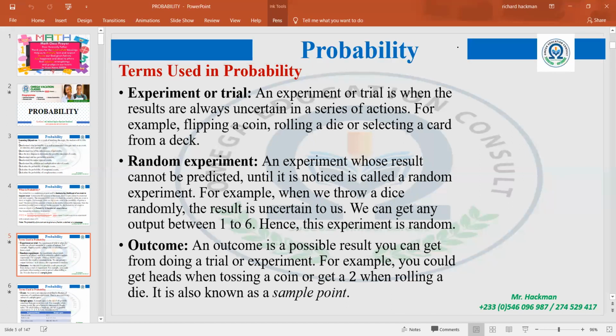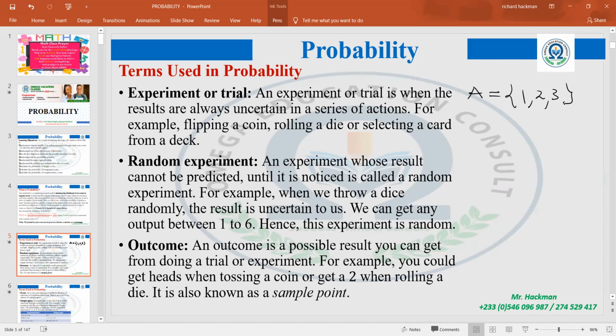Okay, so assuming I give you a set A equal to 1, 2, 3. How do you call the 1, 2, 3 that you have there? How do you call what the set contains? What is the name given to what the set contains? Element. So when you are dealing with sets, what you have in the sets will be called